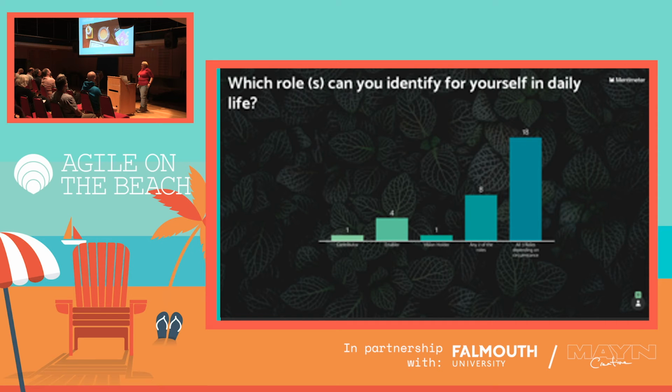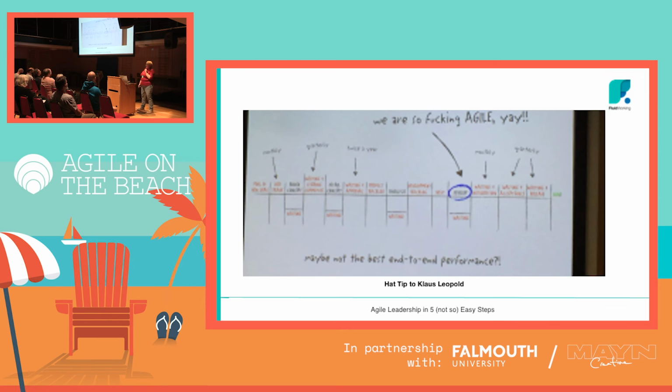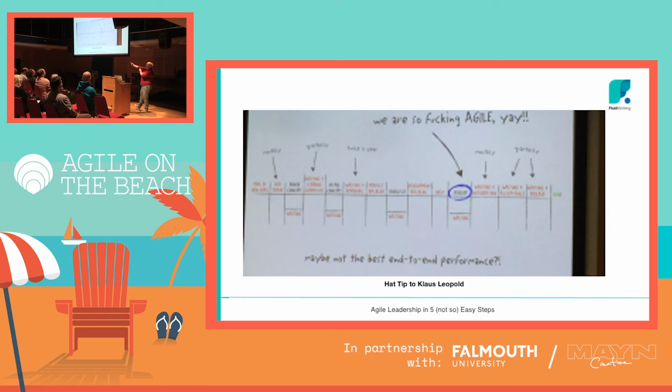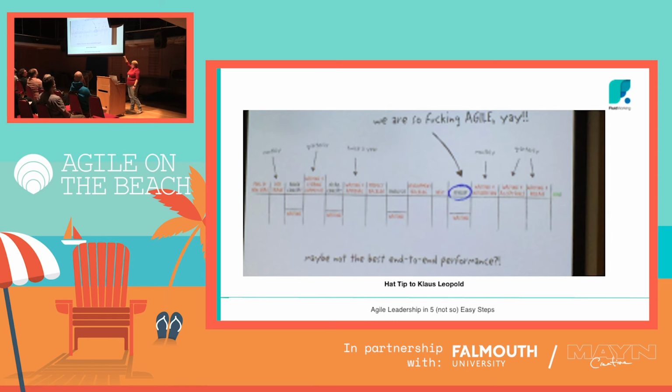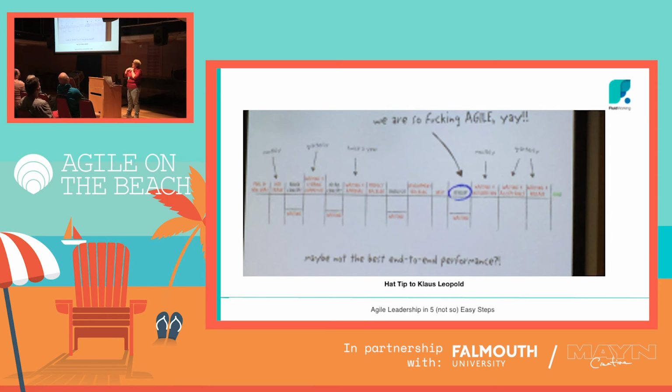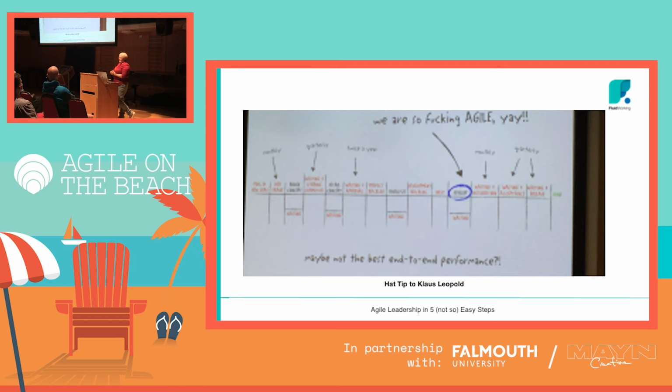it's a bit of a weird deviation. Does it already feel like we were talking about these 5 steps and now we've deviated? So we deviated onto roles because of the real world, okay? I don't want to just talk about theory. Now, I first need to do a hat tip to Klaus Leopold. This is his slide. It's my photo. I took the photo, okay? But all the brains behind it is him.